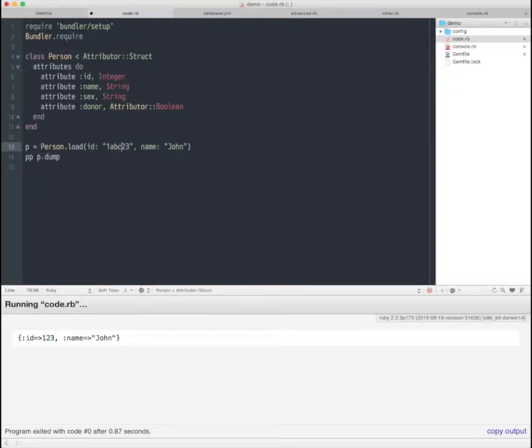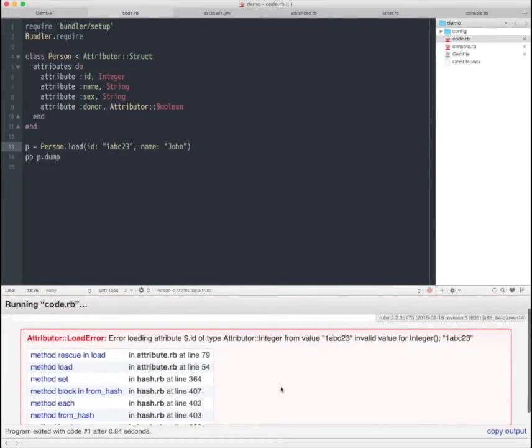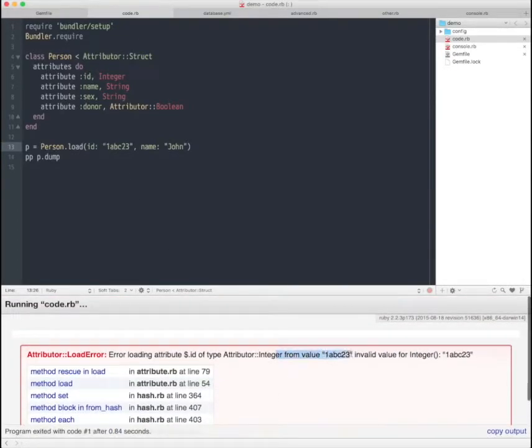Obviously, if I try to set something that cannot be coerced, I'll get an error telling me so: integer from value this, in value for integer. Okay. So now let's make this person a little more interesting, because at the end of the day, other